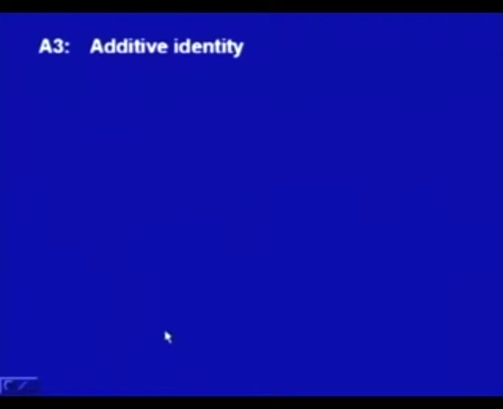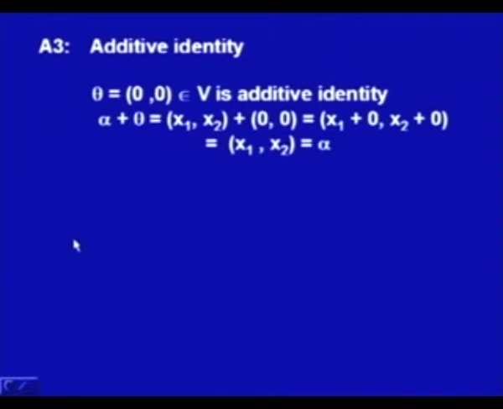So, first two properties being satisfied, let us check the third property, that is additive identity. So, in this set of vectors we say theta is equal to (0, 0), where both the components are 0, they belong to V because they are real numbers. So, theta is the additive identity and it belongs to V. Let us check that it is additive identity or not. For this, consider any vector alpha, add theta into it, and what we have is (x1 plus 0, x2 plus 0), and it amounts to be the same vector as alpha. So, we can say that there exists additive identity theta.